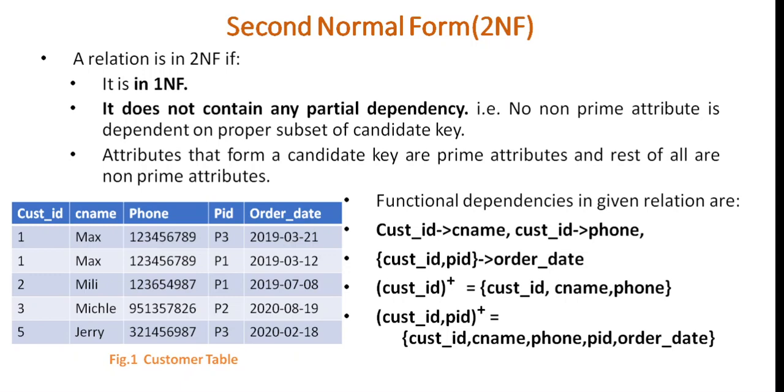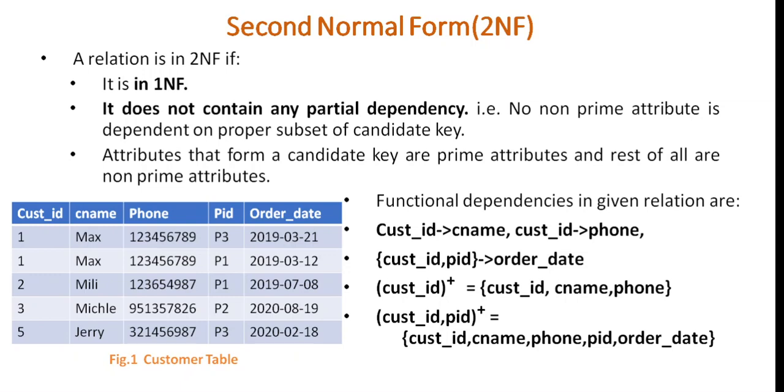So this is how we can find out the closure of any attribute from the given functional dependencies. Now let's see how to find out the candidate key. A candidate key is a key which can become a primary key. So what is a primary key? A primary key is a unique identifier, a key in a table which can identify each record uniquely. So here let's see which attribute can be a primary key.